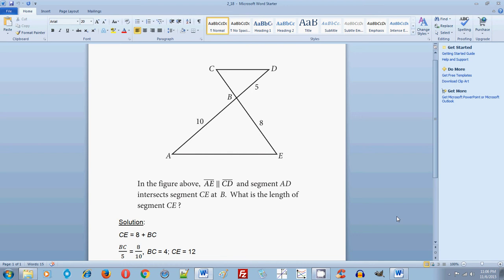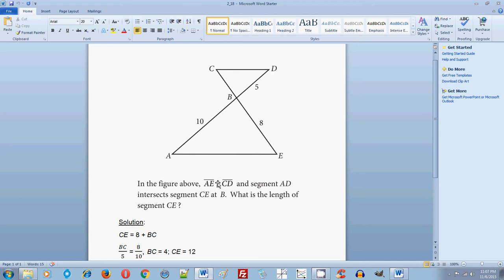This problem again is practice test 2, problem number 18, section 3, no calculator. This is a geometry problem. It tests your understanding of similarity of triangles. And how do we know that they're similar? Well, in the problem it gives you that AE is parallel